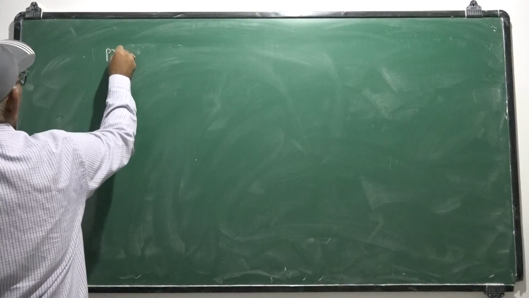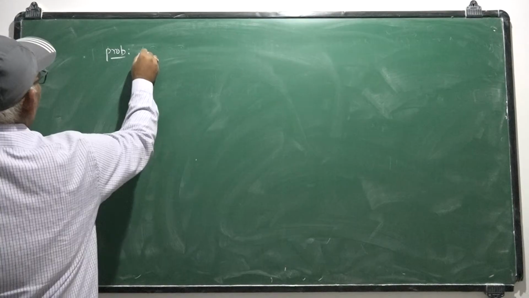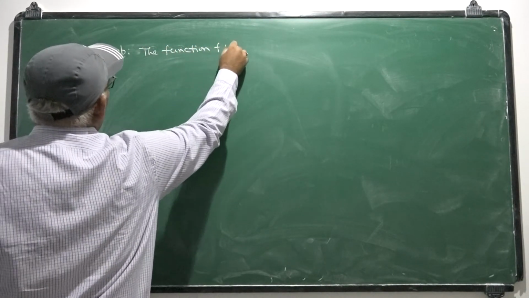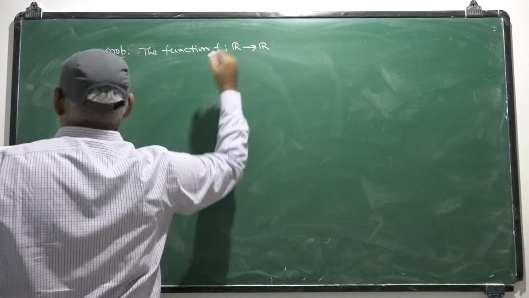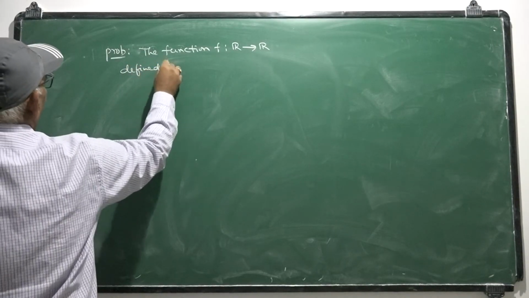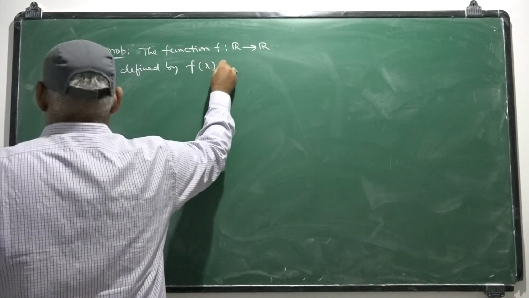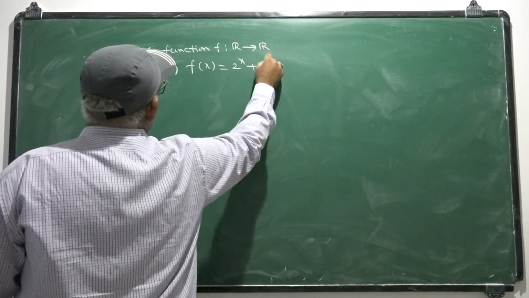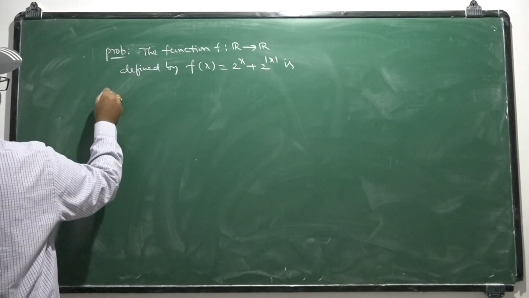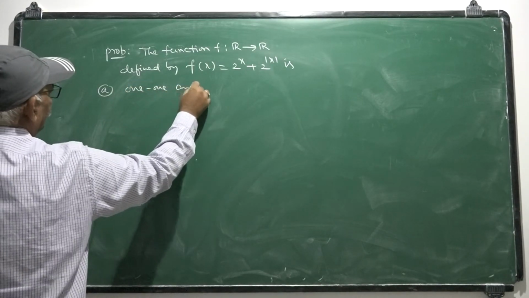Next problem. The function f from R to R defined by f(x) equal to 2 power x plus 2 power mod x is